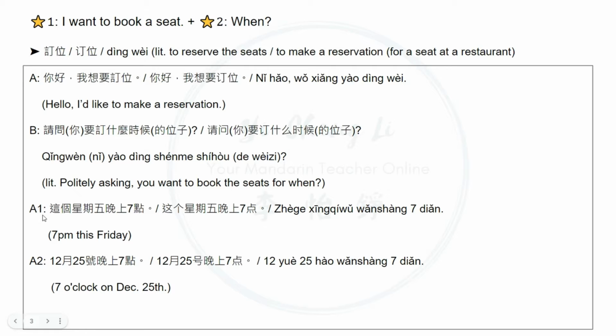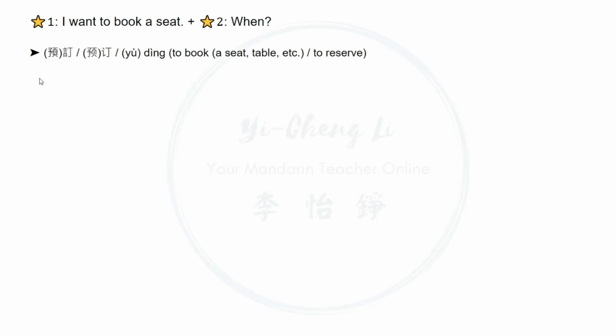Now there are 2 options to answer. Number 1, 这个星期五晚上7点。This Friday, 7 o'clock. 这个星期五 this Friday. 晚上7点，晚上 means at night, the night time. 7点 is 7 o'clock. Or you reply with a date, to be more specific, okay? For example, 12月25号晚上7点。December 25th. So we say month first. We say the bigger range first, and then getting smaller and smaller. 25th, nighttime, 7 o'clock. 12月25号晚上7点。